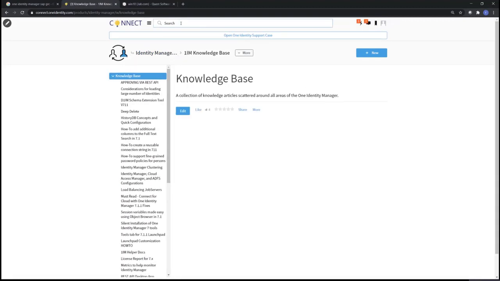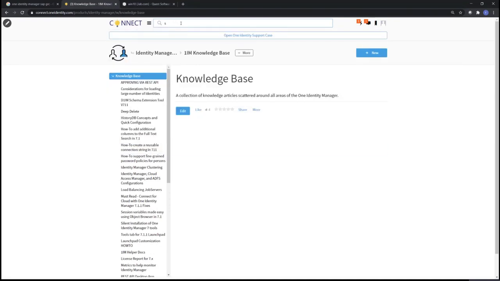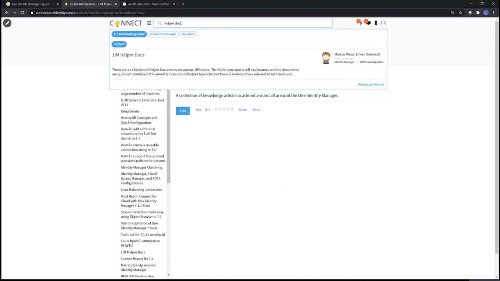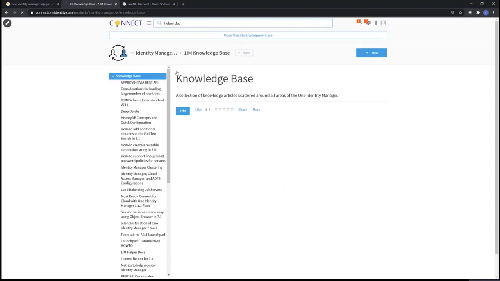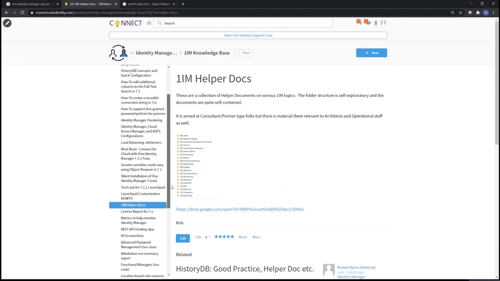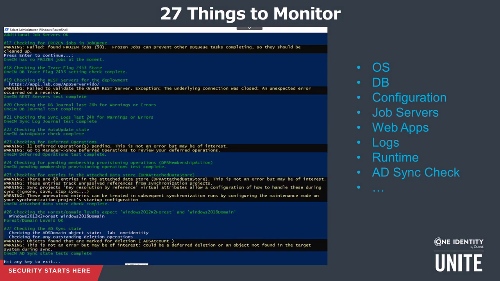You can search for things. SAP, so you can find SAP info. We can find, I put some, for example, helper documents up there. So you can find these documents which cover a whole bunch of topics, and then you can see a whole range of topics here. So just a sort of general reminder, there is a lot of information out there. There is a lot of good practice documents. Notwithstanding, of course, you're welcome to ask questions and get in touch with us as well, right? But definitely have a look on those forums first.